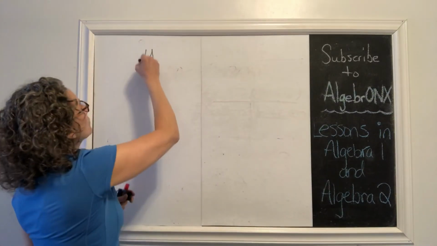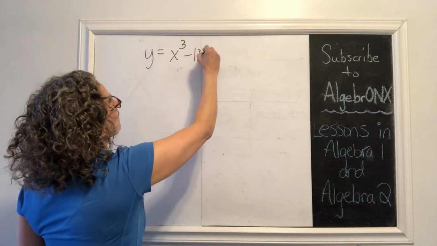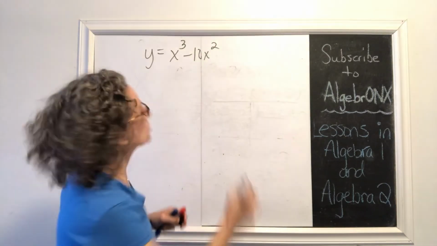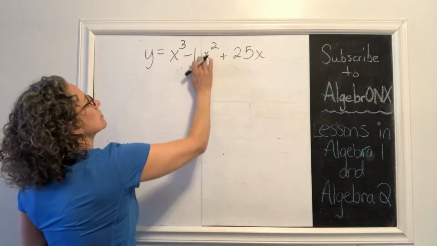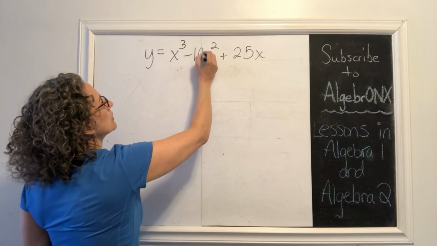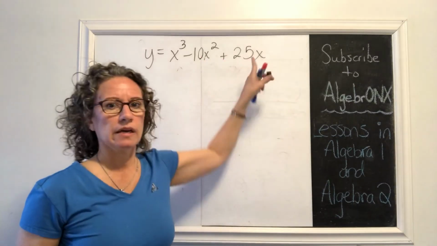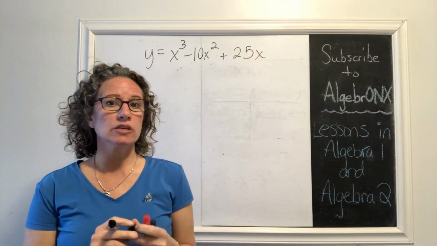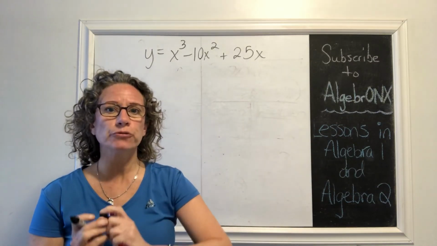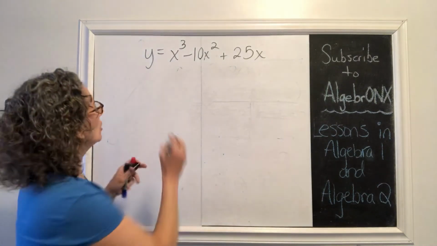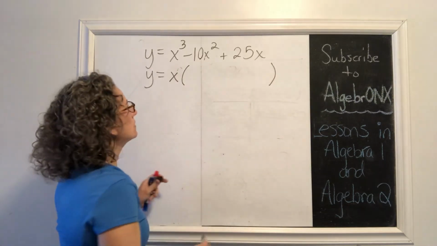Okay, so we have the function y equals x cubed minus 10x squared plus 25x. Okay, so upon inspection of this, they all contain an x. So that is a GCF factoring first. Take the x and factor it from the polynomial. So y equals x is going to go on the outside, and x will